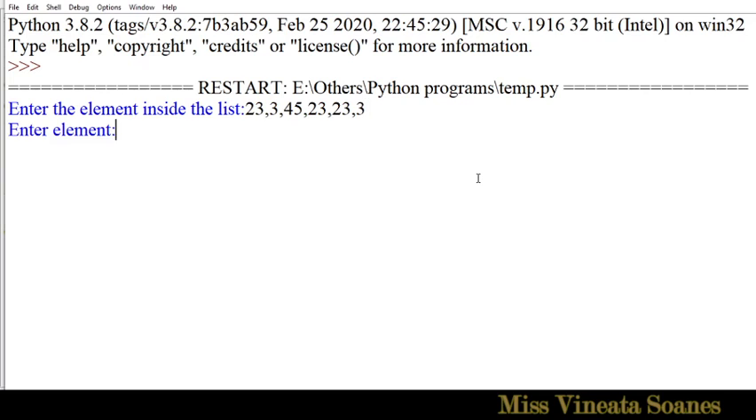Now it's asking for the element whose frequency you want. Let's say I want that of 23. When I give 23, it's going to count how many times 23 occurs in this particular list, which in other words would mean how many times you have entered that same number. Let's say I give 23. You would see that the answer would be 23 has frequency 3, because 3 times you have entered